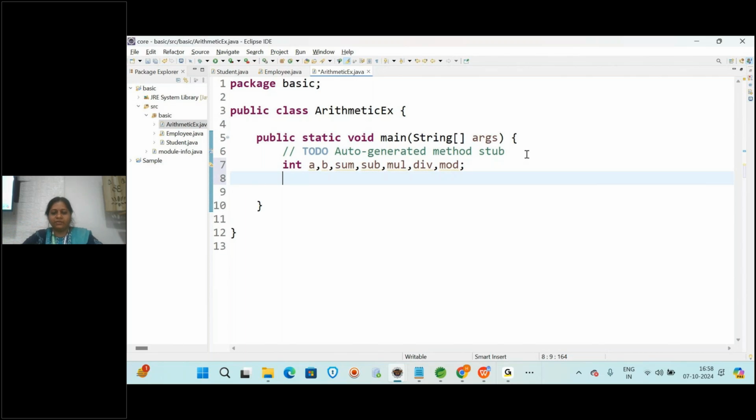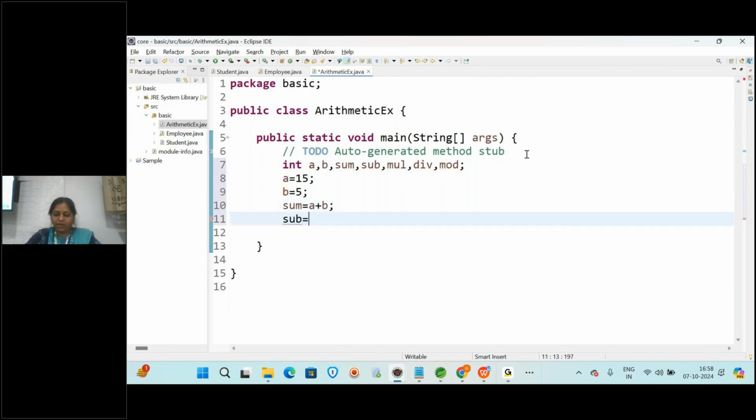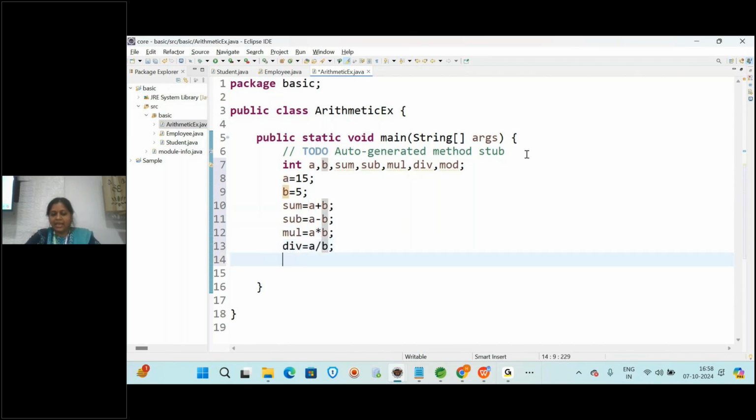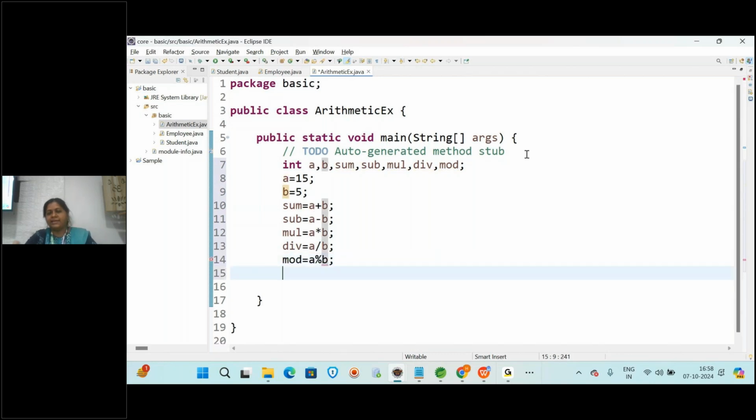And then next what you have to do, assign the values of a and b. Suppose I am giving the value of a as 15 and value of b as 5. So now I am writing sum is equal to a plus b, sub is equal to a minus b, mul is equal to a into b, division is equal to a by b, and modulus is equal to a modulus b, like this.